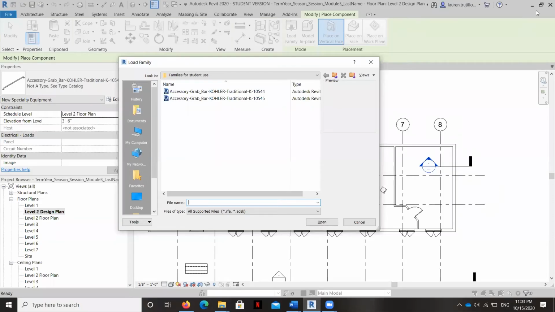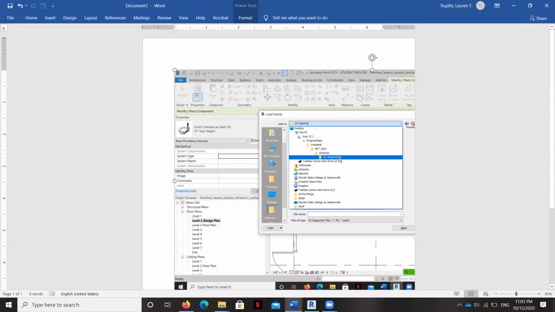And you can see now I have to get back to my file sorting to get me back to the Revit families. I've got a little screenshot of it right here, so this is what I'm going to replicate. I'm going to pause for a second while I set all that up.